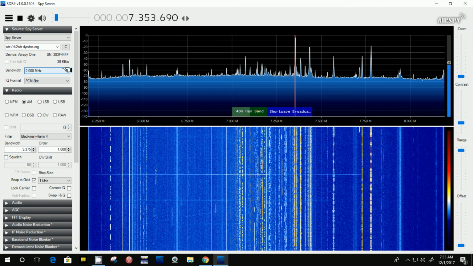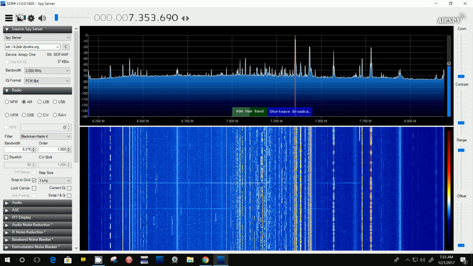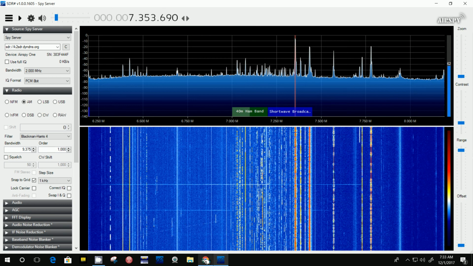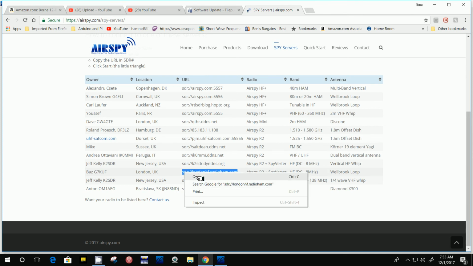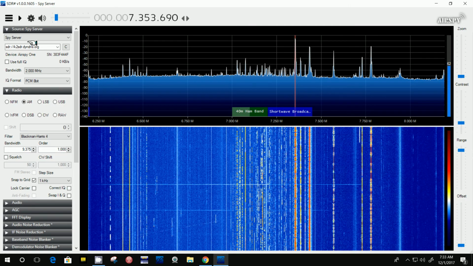Let's try a different radio. So I'm going to stop this one. I'm going to go back to the website. And that was one of these that gave me a big bandwidth. We tried this one here in London. And again, it gives you the opportunity to try these radios in other parts of the world. So I'm going to copy that address, and then I'm going to go to SDR Sharp, and then down here I'm going to paste that address, and then I can say start,